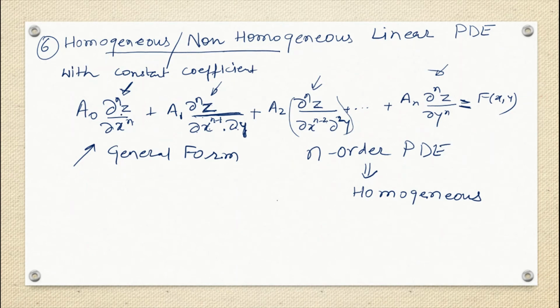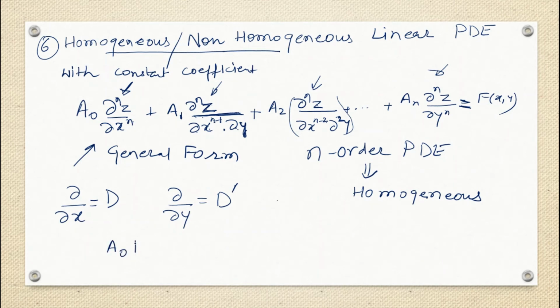If we see that in any of the terms the order is different, suppose in one term it is minus 1 or plus 1 kind of thing, then we will say that this is a non-homogeneous linear partial differential equation. So here we actually write this general form in some other easier way also. Suppose we write del by del x as D, okay, instead of del by del x we use the D operator, and we use del by del y as D dash, okay. In this case, this general equation will become what?